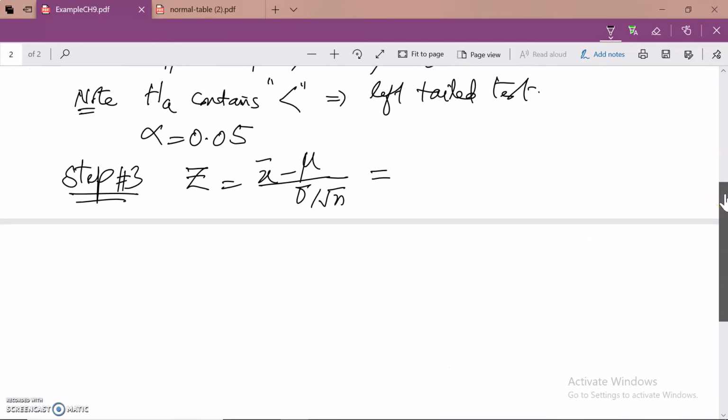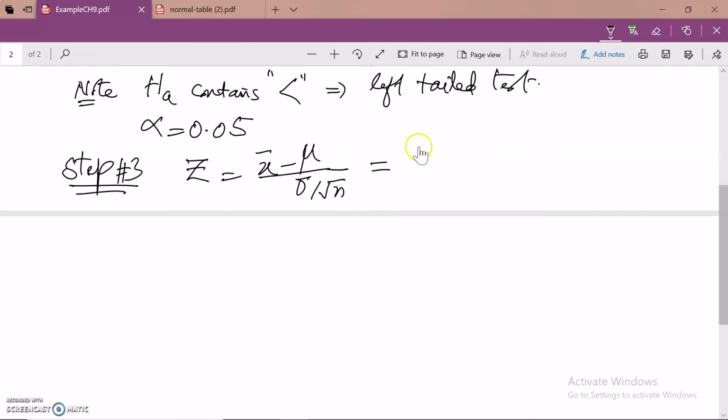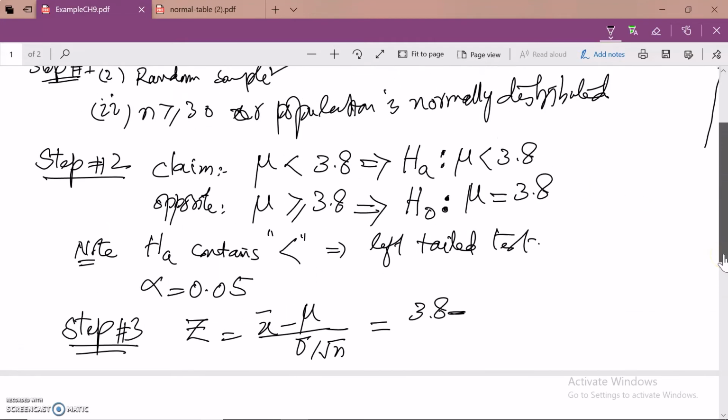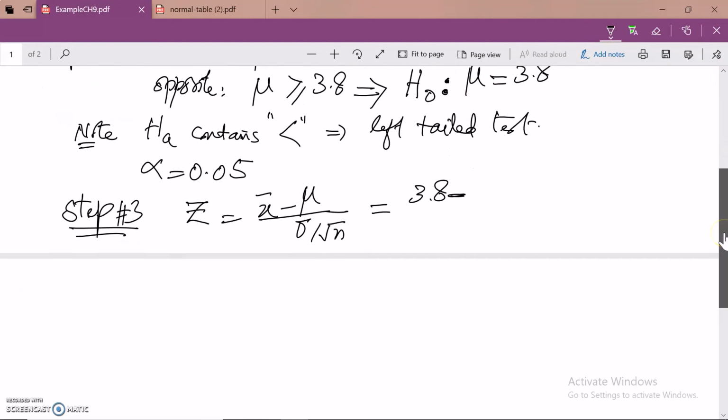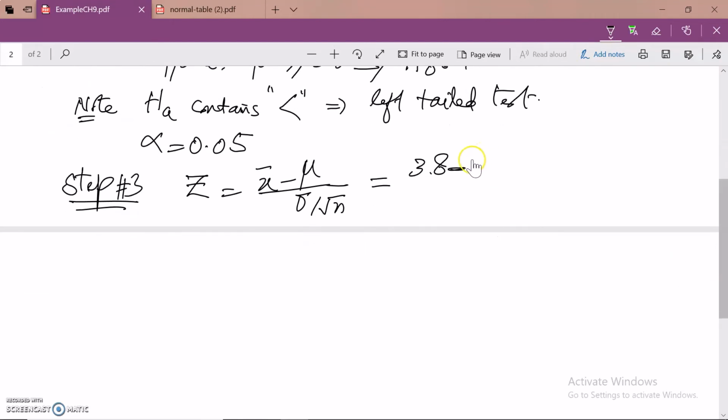So we have all these values available. We have 3.7, the sample mean, minus the population mean mu equals... so what was the mu value? I was telling you previously, I will show you. Look at that. Mu is equal to 3.8. That was the reason we take an equality sign, because now we are going to plug in here. So this is 3. Sorry for that. This was 3.7. This has to be 3.7